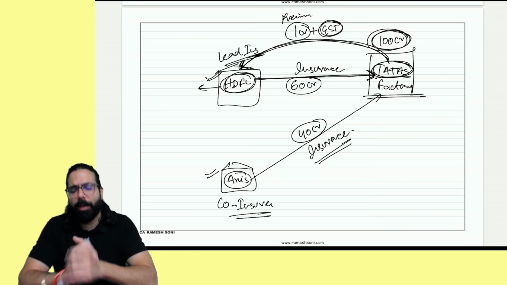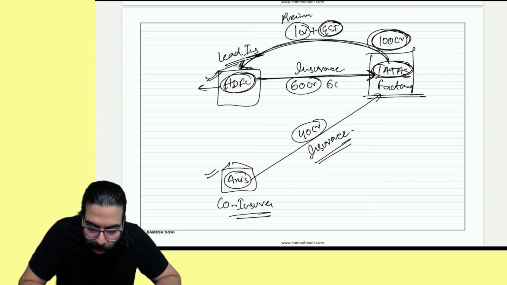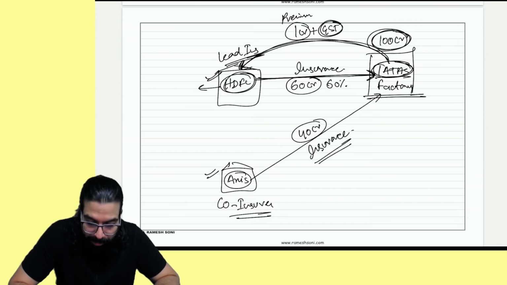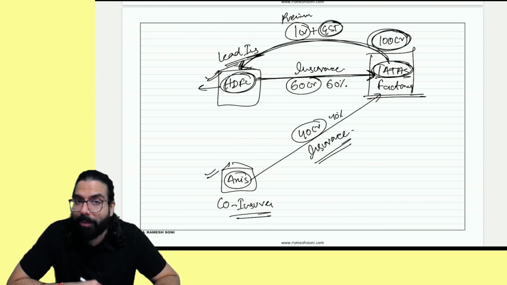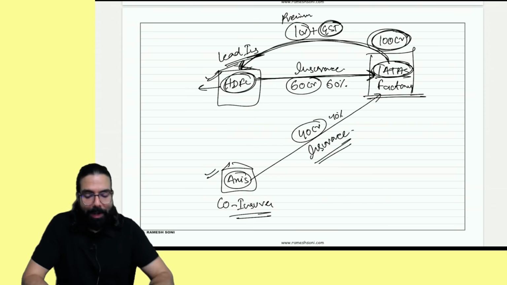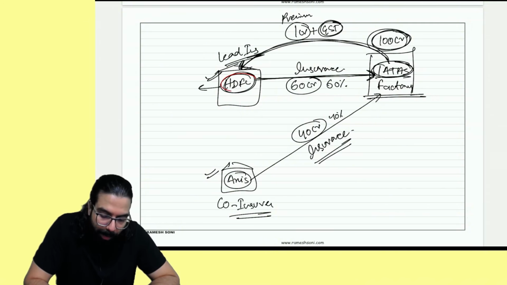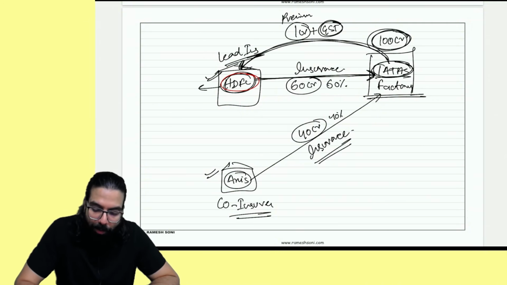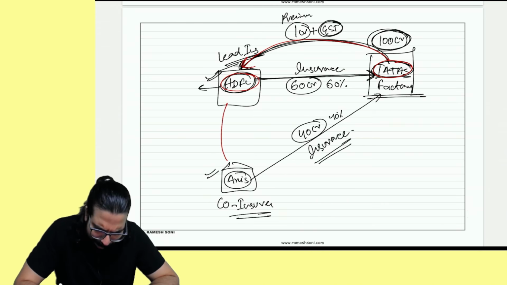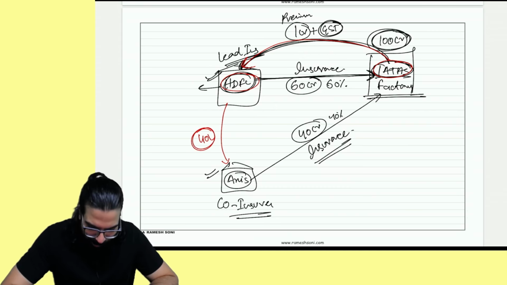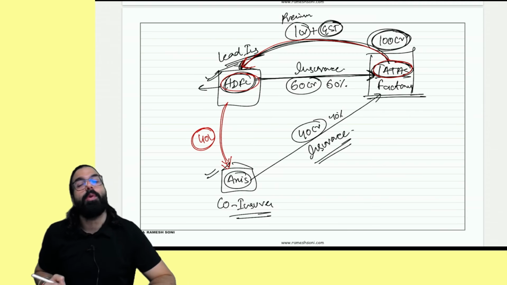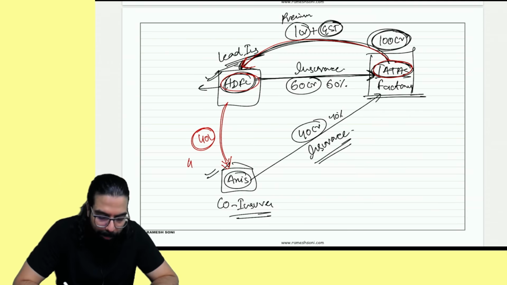Now what happens over here? See, HDFC has done the insurance only for 60 crore, 60%, and 40 crore, 40% of the insurance is taken care of by Axis. So Axis will tell HDFC, see, I have helped you in doing this insurance, so do one thing: out of the 1 crore collected, 60 lakh belongs to you, 40 lakh you give to me. On this 40 lakh rupees which is being given to Axis by HDFC, there will be no GST.